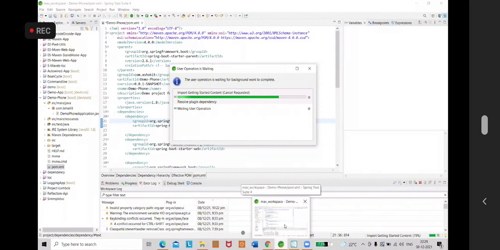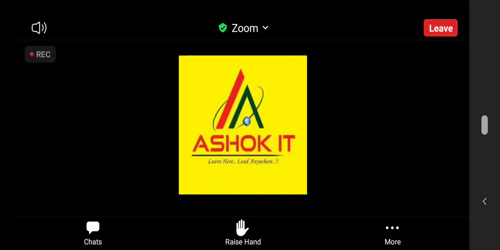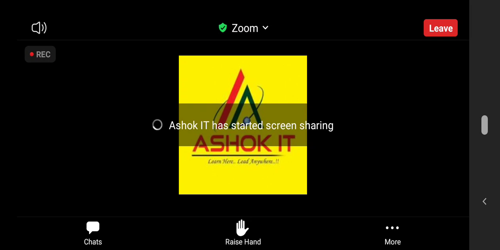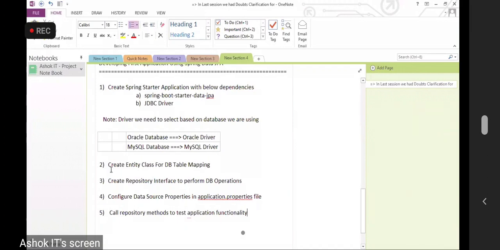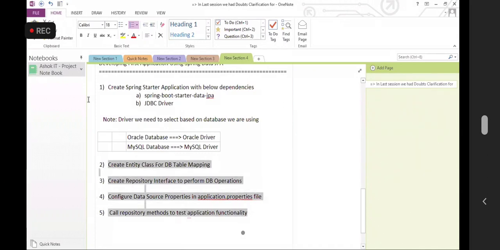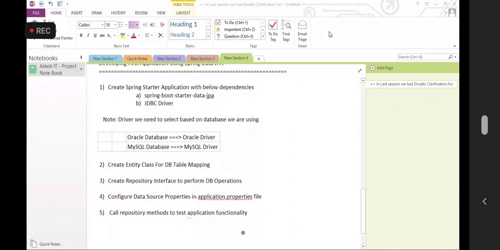Guys, today we have seen Data JPA, a very basic introduction: what is Data JPA and what is the procedure to develop the first application by using Data JPA. In this procedure, the second, third and fourth steps are confusing for people, because it is the very first time we are going to build our Data JPA application.